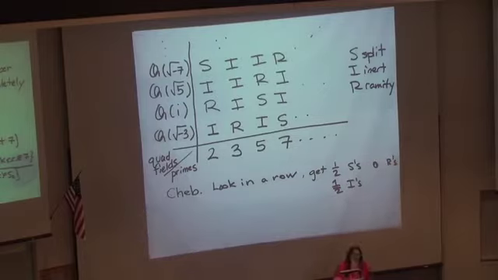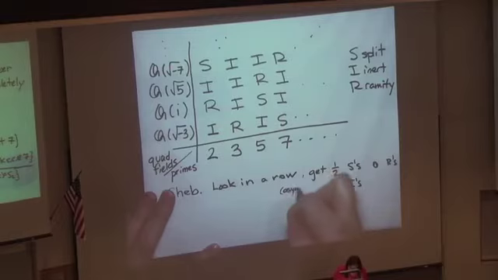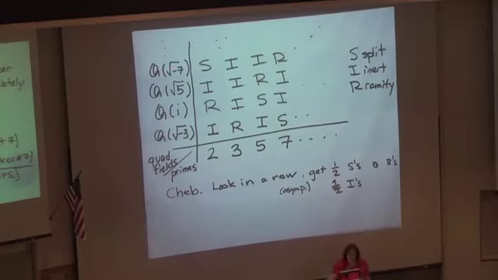That's this proportion. So we do get some R's. We see here a bunch of the R's, right? But if we look out asymptotically, we get 1/2 S's, 1/2 I's,